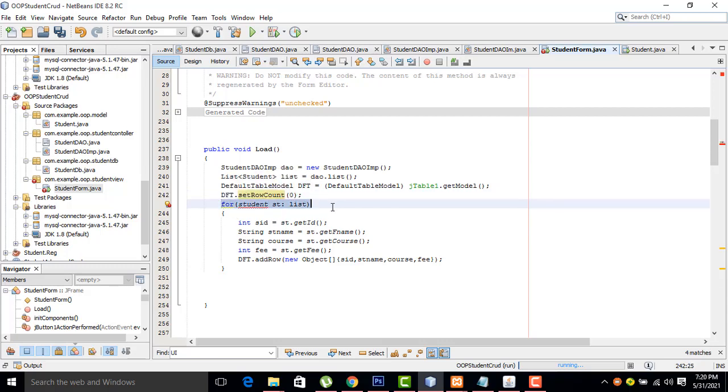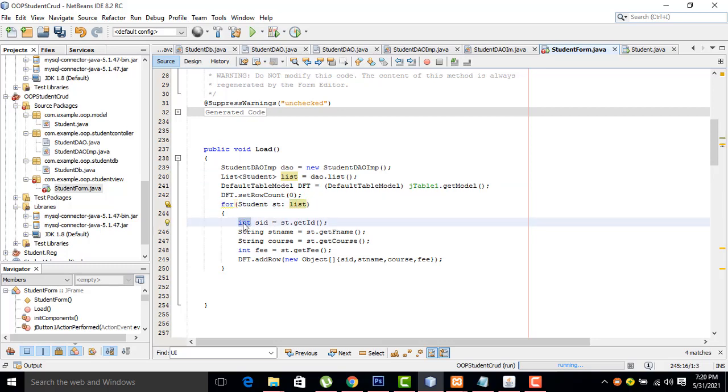After that we have to create a simple for loop. You have to write that for loop. This is the one. You have to get the same model, the student list. Okay, this is the list. You have to write the list. This list we have to call it here, right? Now all the data should be loaded in this list. This list we are passing here. After that, what I did here is the list.